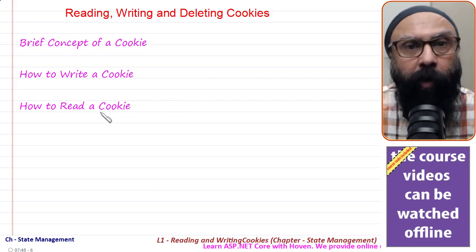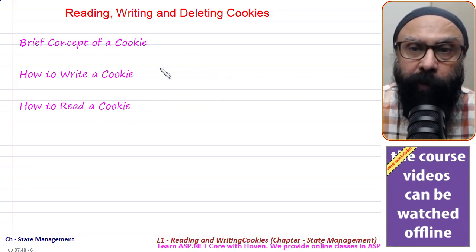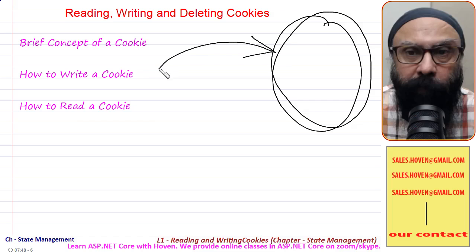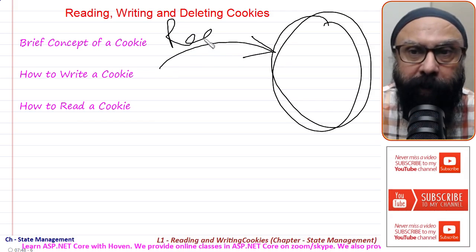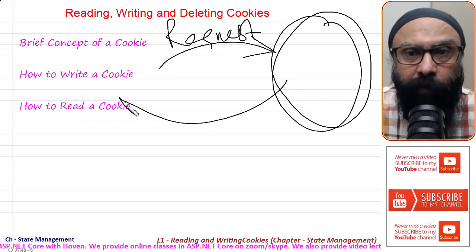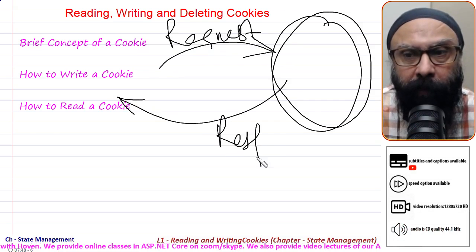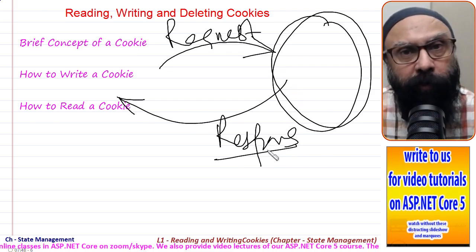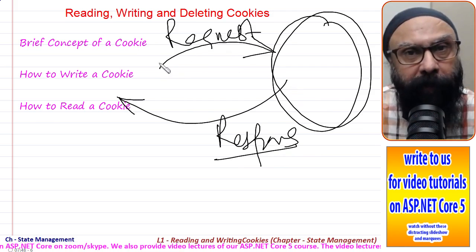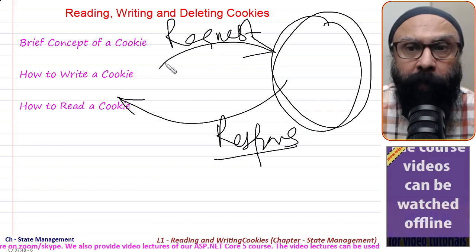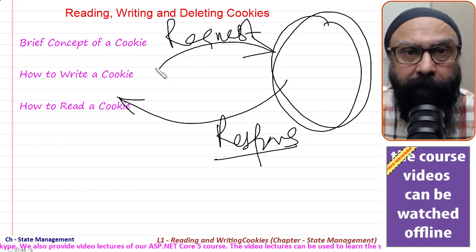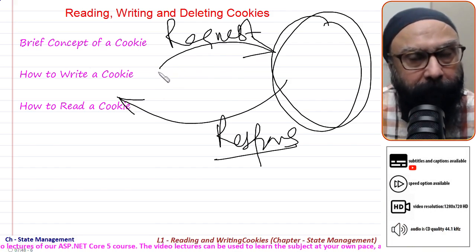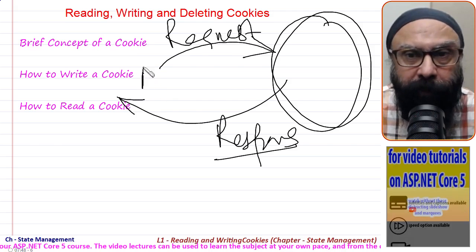The next is about how to read a cookie. When your client has made a request to you, how will you read it on the server side? What you get from the client side is called a request, and what you send to the client is called the response. So when you give an order to the client, you write response dot, and when you accept a request, you write request. So when your remote client has sent you all the cookies, how will you read a specific cookie out of that? The code is request